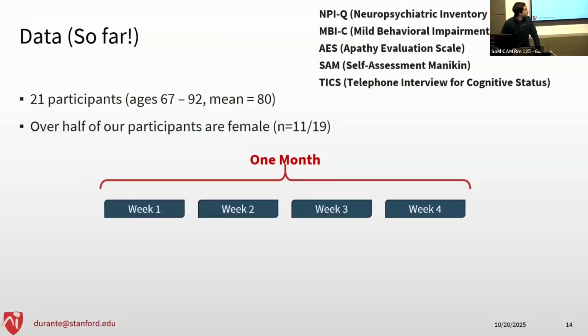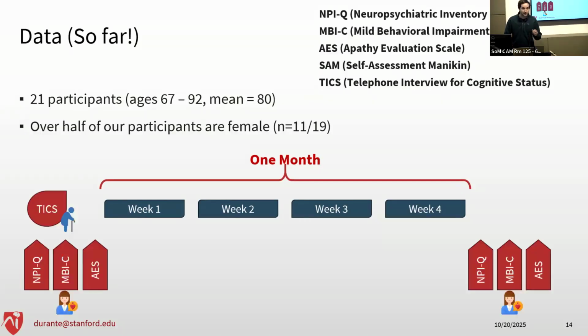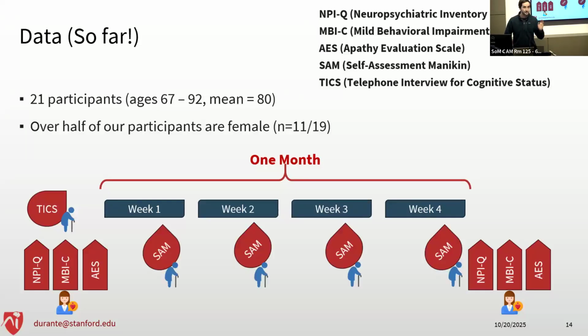Cool. Yeah. So as I said, we're just getting started here. We have this study that we are starting with 21 participants. I'll go through the details not too in depth here, but basically we take a questionnaire before and after the study. We also do some checkups throughout the study, and we're trying to understand, what are the changes when we have cameras capturing some of the differences in activities during the study as well, and try to see if any of these can be used to correlate.